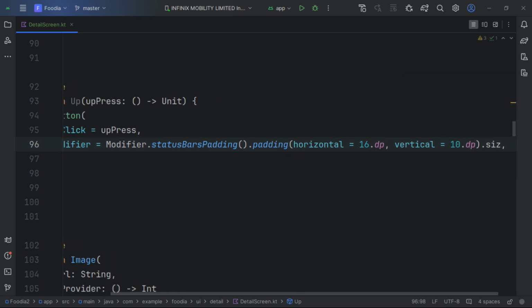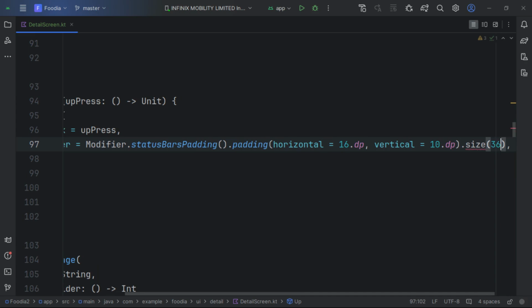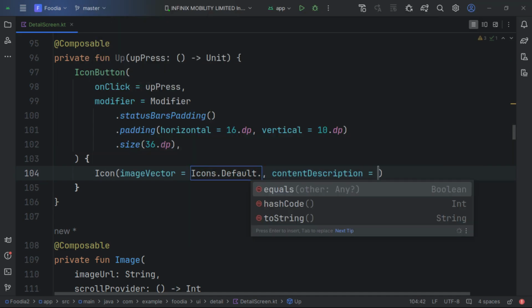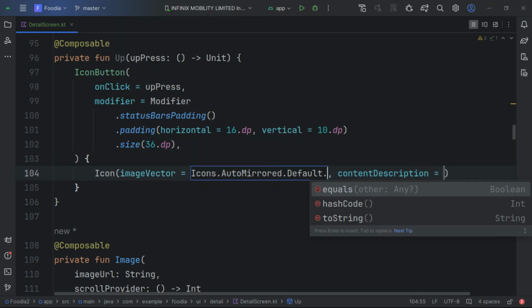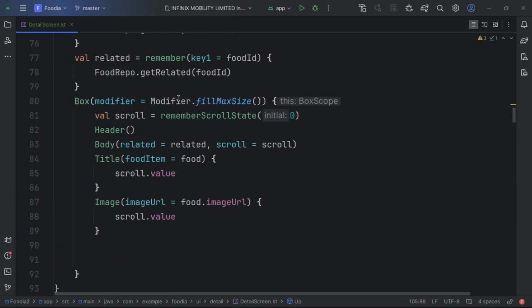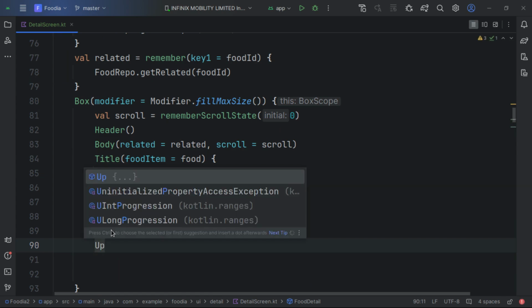And let's ensure the size is going to be 36 dp. So here we're going to call our arrow back, and here we can just call the content description to be back. Okay, now let's go back here inside our image layout, and below here we can just pass in here